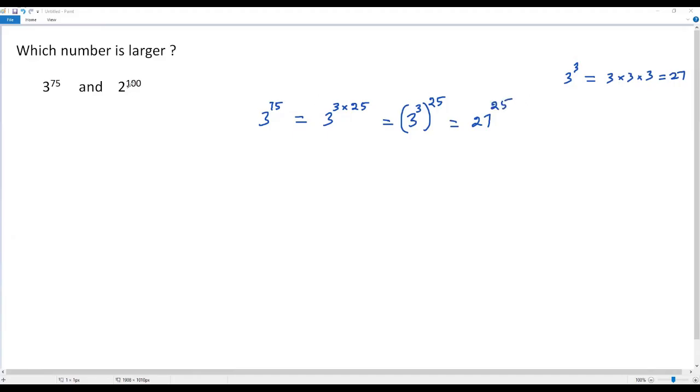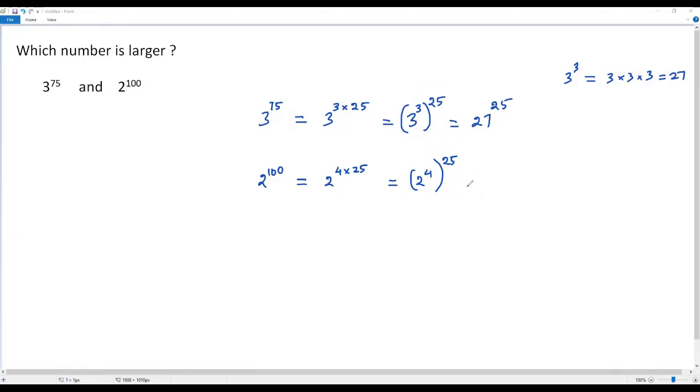Now we have to do the same thing for the second part, that is 2 to the power of 100. As I said earlier, our aim is to get the exponent 25. So we have to write this exponent 100 in terms of 25, that is as a multiple of 25. We can write this 100 as 4 times 25. Now we can take the first value 4 as an exponent for this base 2, then we get 2 to the fourth power, and we can take this 25 as the exponent for the whole stuff as we have done